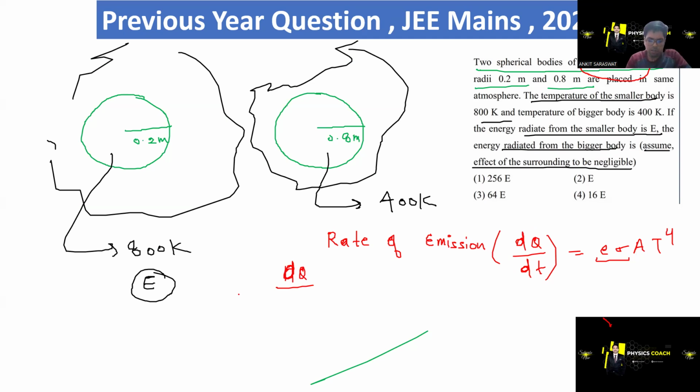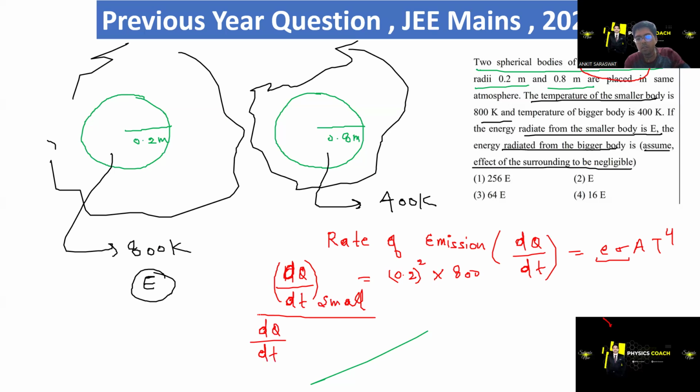So now this question is very easy. You can easily solve and give me the answer fast. If you can, just stop this video and give me the answer. dQ by dt for the smaller body is proportional to the area 4 pi r square, so r is like this. Rest of the things are constant, so I'm not confusing. Temperature of the small body is 800 Kelvin, divided by dQ by dt